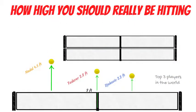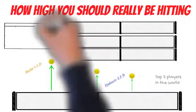You could even add a third net, and it would still be a great shot, as long as you aim